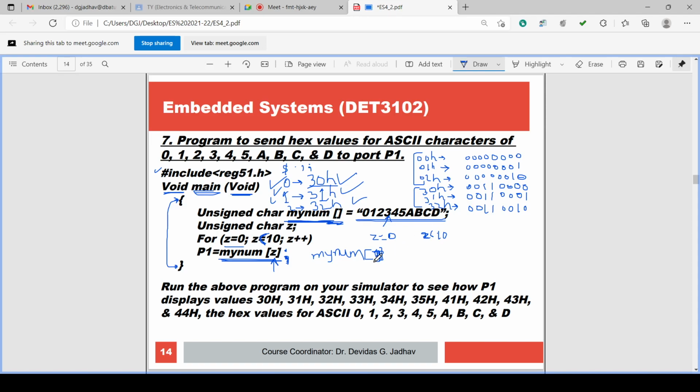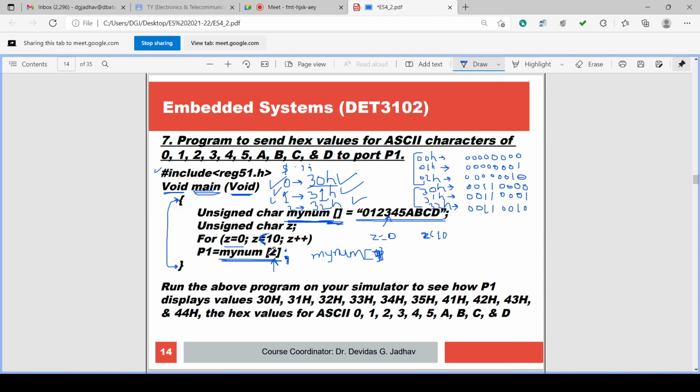That means 30, 31, 32, 33, 34, 35, 41, 42, 43, 44. Okay, hex numbers. So P1 will be assigned 30, then Z will change to 1, P1 will be assigned 31, Z will change to 2, P1 will be assigned 32H hex value. Then 33H, 34H, 35H, 41H, 42H, 43H and 44H.